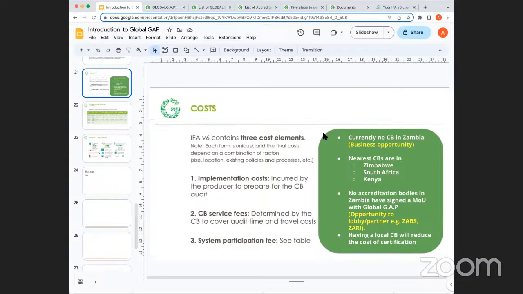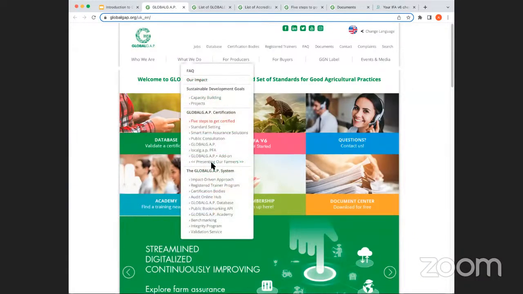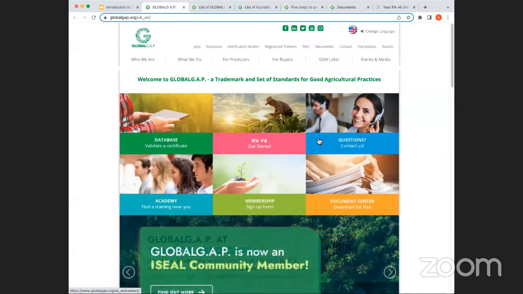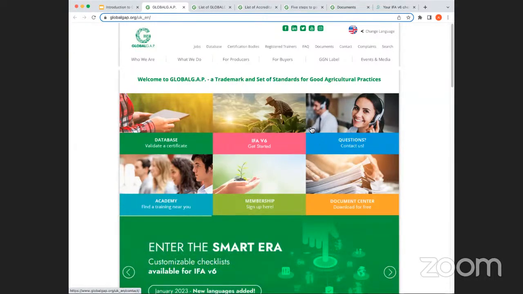So looking at the time, I'll spend at most 5 minutes going to the Global Gap website, because I don't just want to share information. We don't want to give the fish. We want to show people where the fish is. So this website, I would say 90%, maybe even 100% of all the information you need to be certified, they have it somewhere in this website. So I want to highlight just a few that you could get to. For example, can you see my screen?